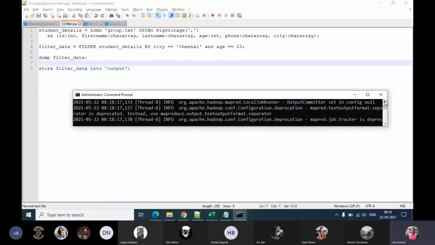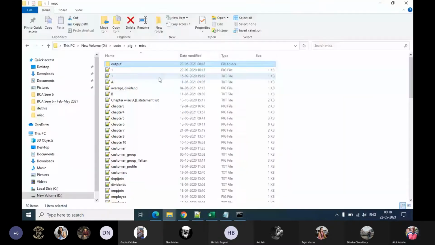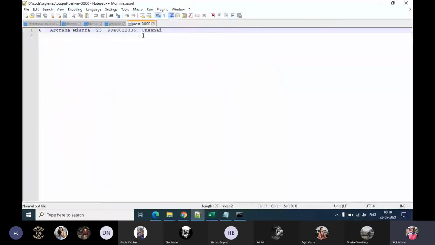Because this window is very short, let's see the output directory directly, whether it has created some records. Yeah. So as we can see, it has stored this record, right? Where age is equal to 23, city is equal to Chennai.